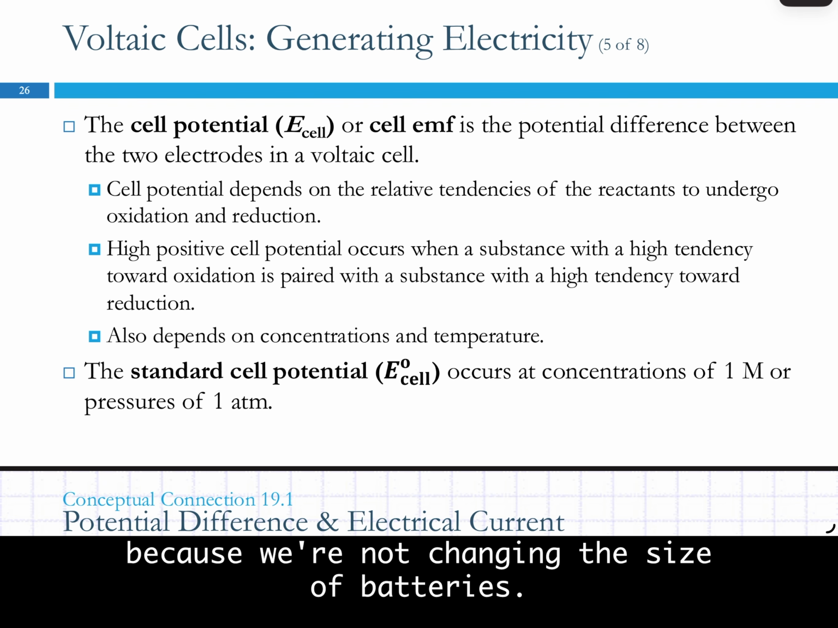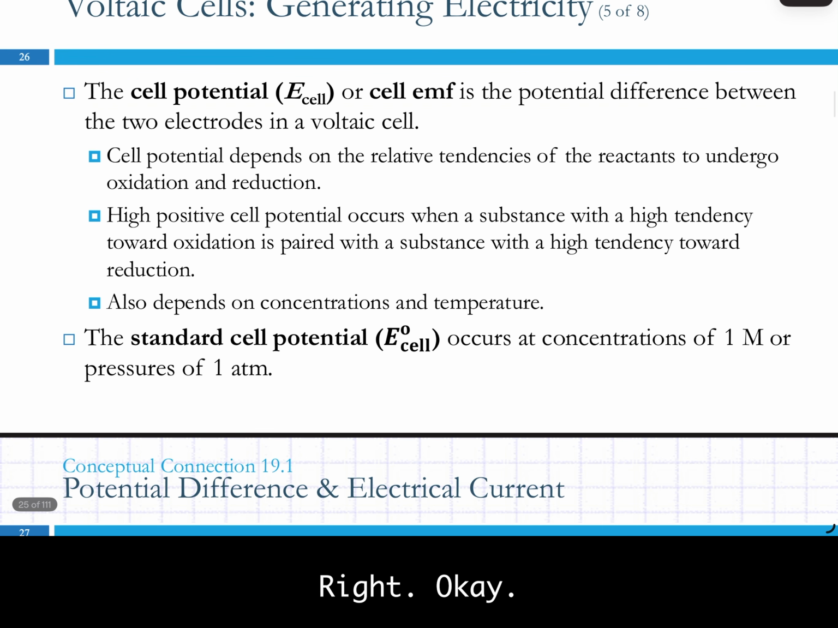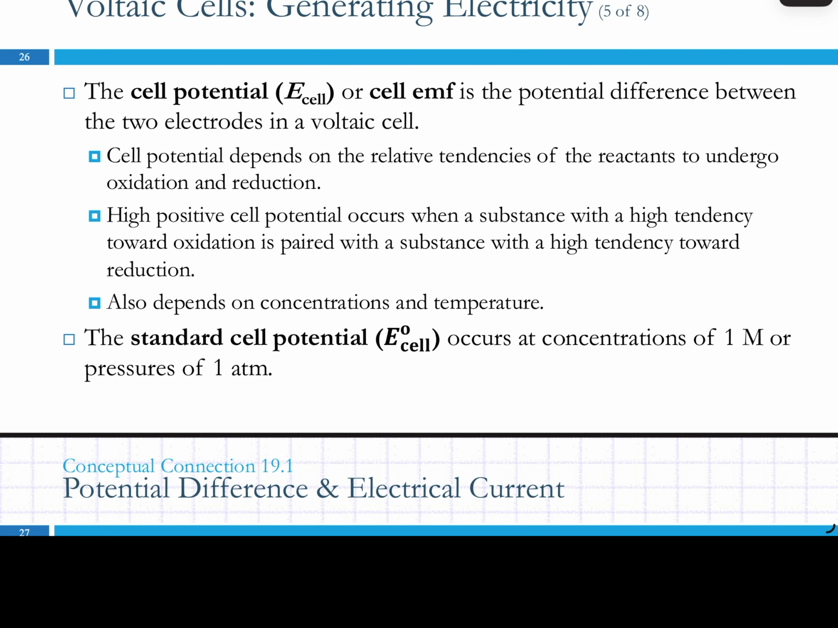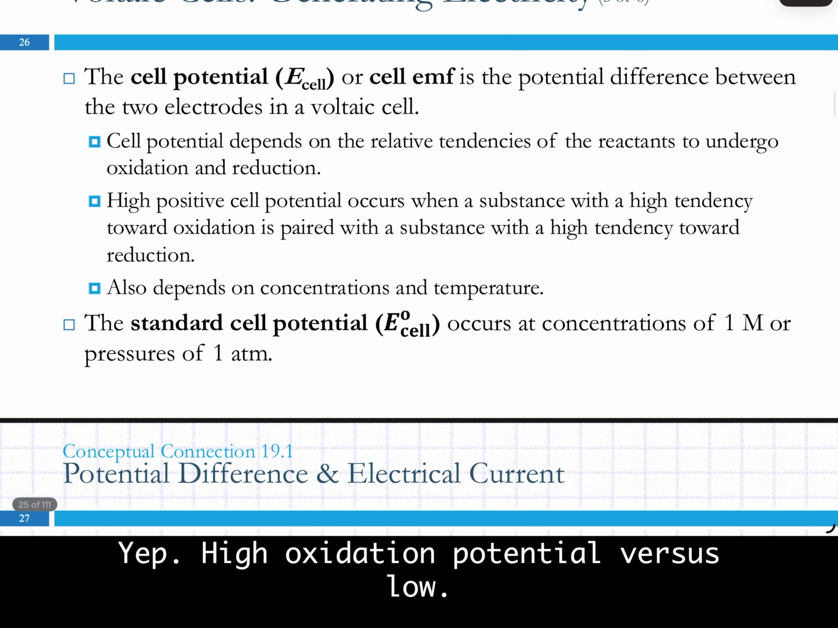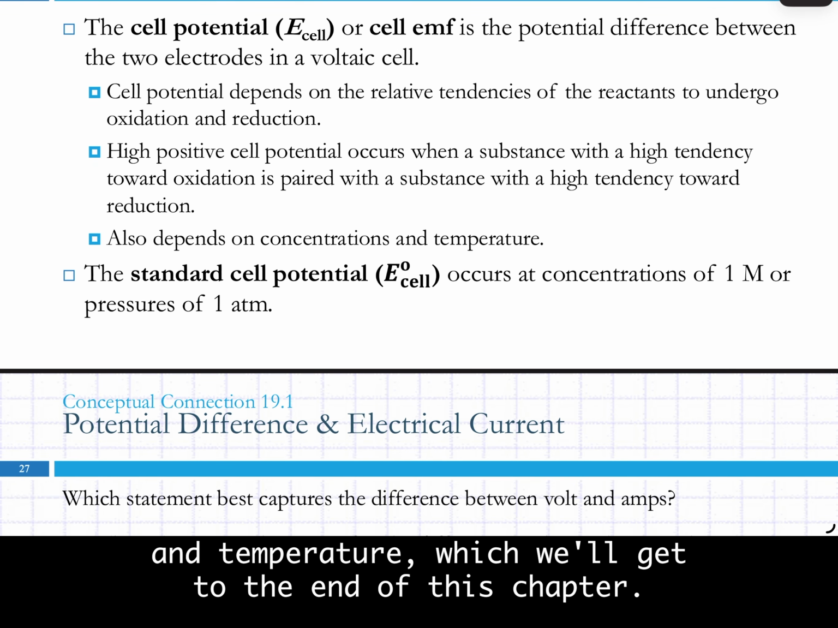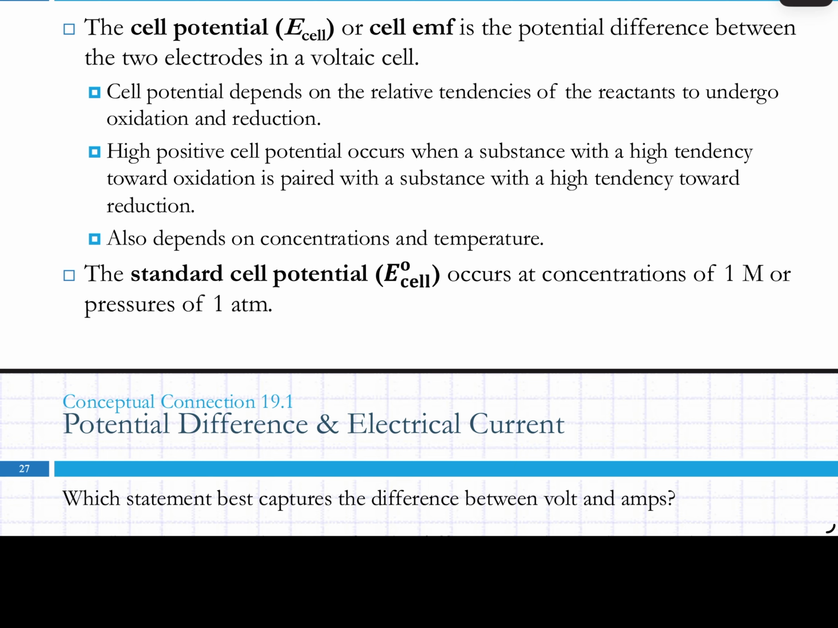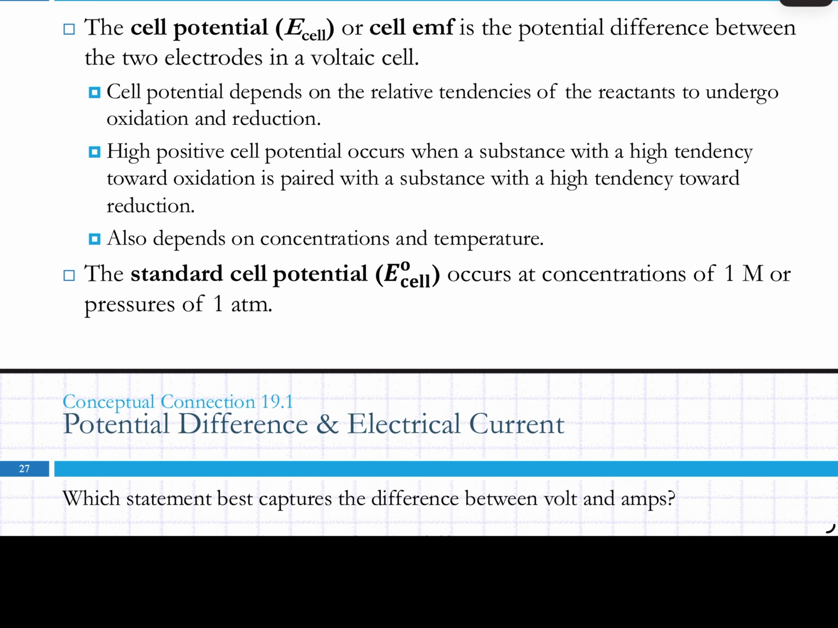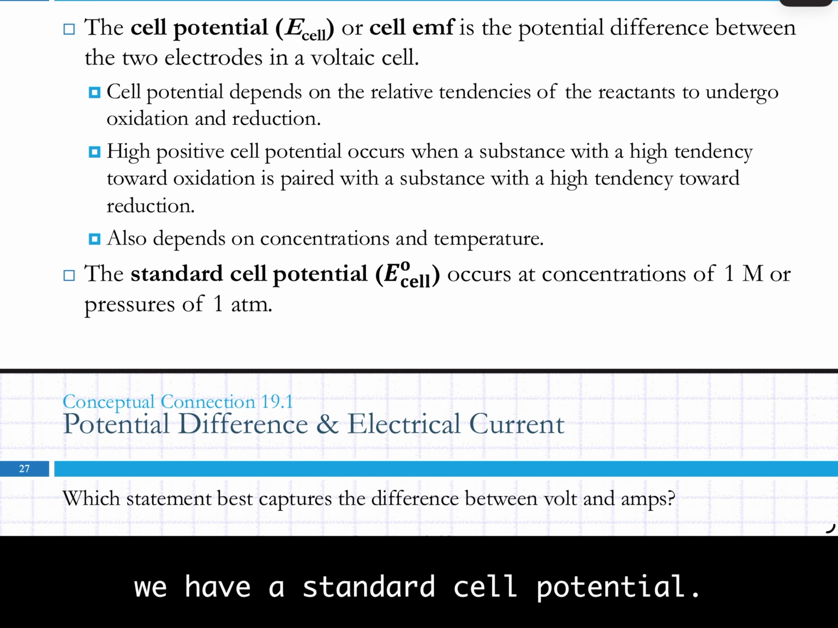Anyways, that adds complications because we're not changing the size of batteries. Right, okay, so relative difference: high positive cell potential, high oxidation potential versus low. It does depend on concentrations and temperature, which we'll get to at the end of this chapter. But just like with standard enthalpy and standard entropy, we have a standard cell potential,